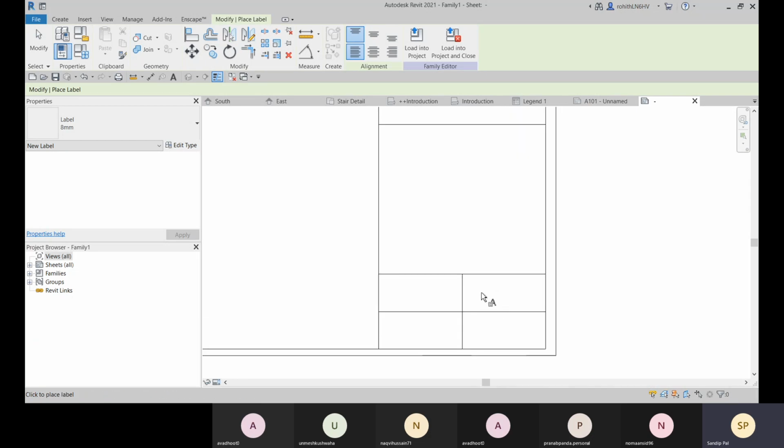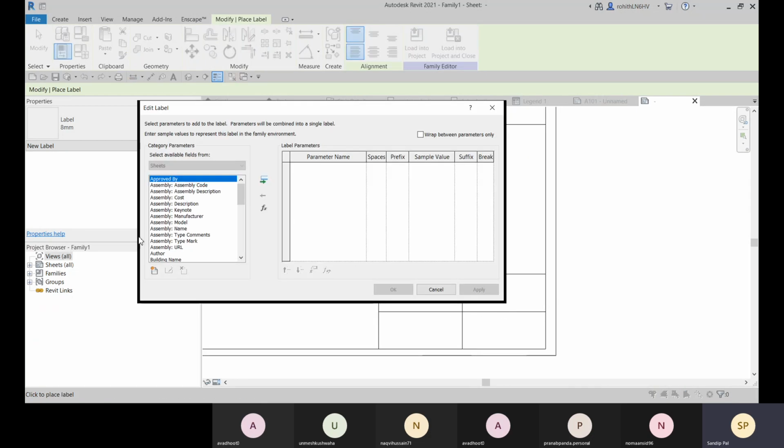So like here I will provide a scale. You can just place it where it will be placed. So click on there and just choose the right field, like scale, double click on it, and it will be added within this label parameter, and this is the parameter name, that is scale right now.